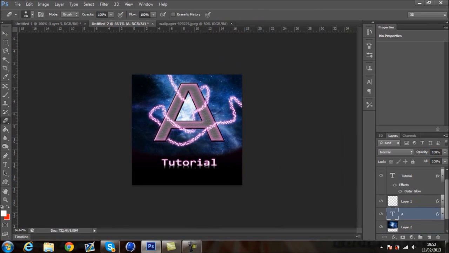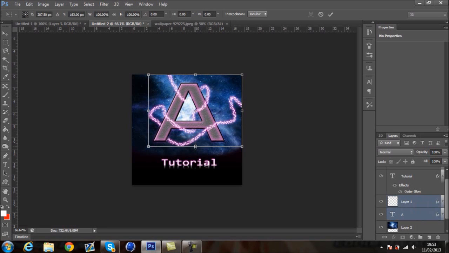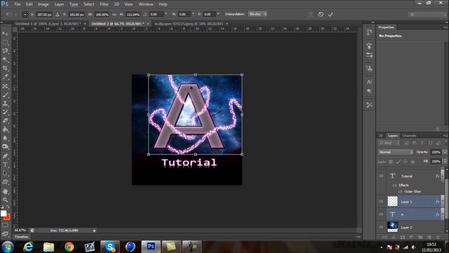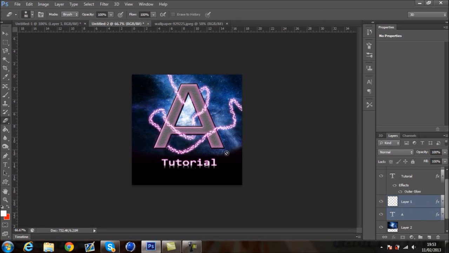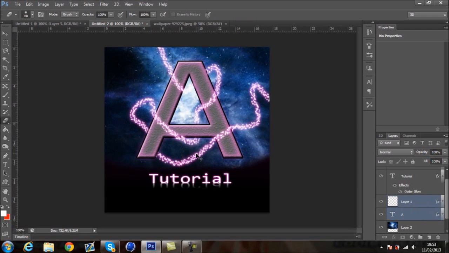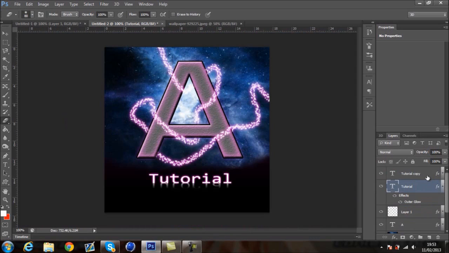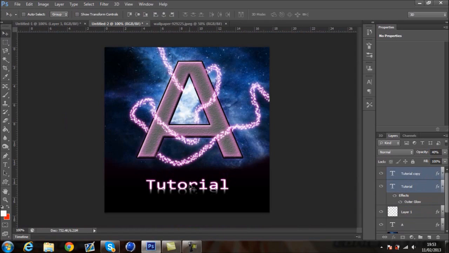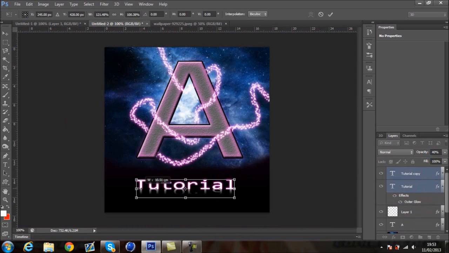I've noticed that my A is a bit small, so if you click on the A layer and then hold Control or Command and click on the particle scatter layer and press Control or Command T, and then just resize that a little bit so it comes down like so, and press enter. I'm also going to move my tutorial writing down, so just do the same. Hold Control or Command to select both the layers and then just move them down a little bit like so. You can also resize them to make it a little bit bigger at the bottom,